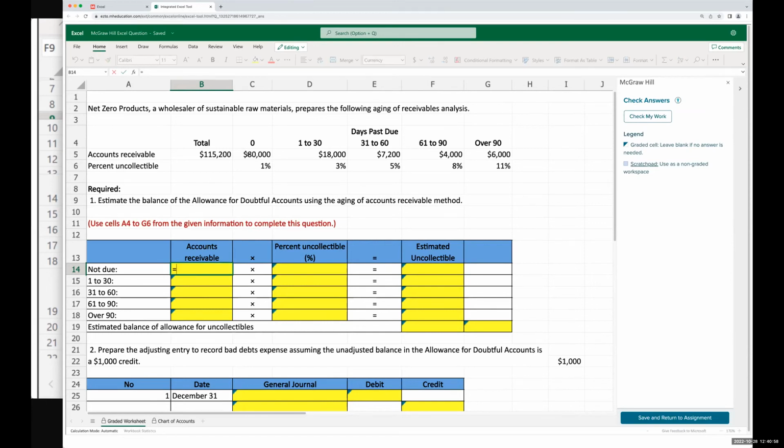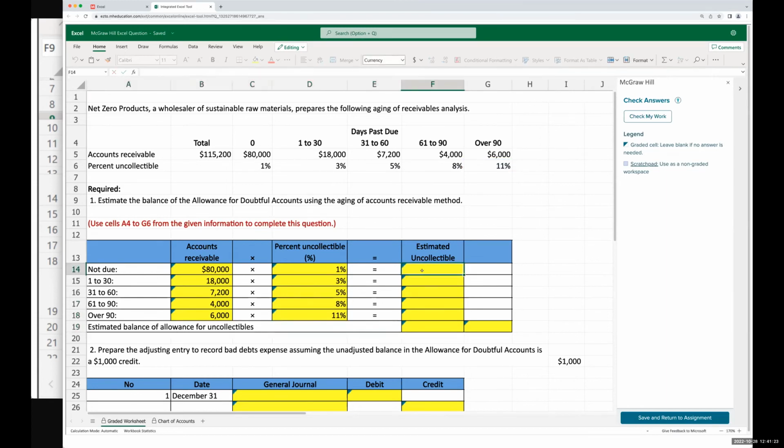So they would start by using a bunch of cell references, start filling out their table, and they go through it. And because some of their normal Connect assignments are now built out in integrated Excel, they start setting up formulas and functions to do their homework so much more efficiently and effectively. So let me show you what they would do here.